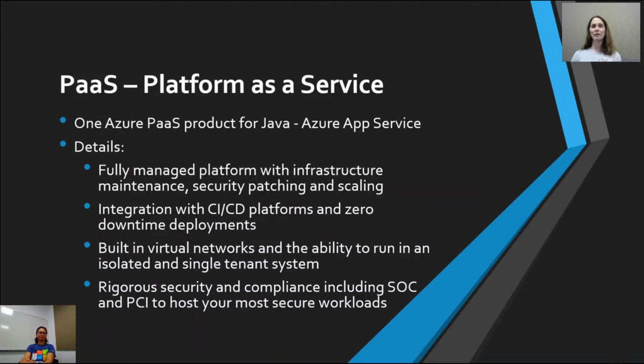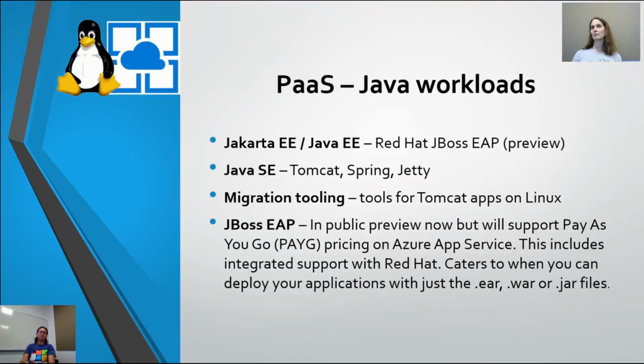So with that said, Theresa, why don't you talk a little bit about some of the Java workloads you can host at least in Azure App Service, and we can go from there. Sure. So some of the applications you can run are Jakarta and Java EE. As we know today, a lot of the workloads are probably still running on the Java EE spec. If, however, you're a little bit more ahead of the game and on Jakarta EE, such as the Red Hat JBoss EAP, which supports both implementations, you can run it on App Service. The other type of workload is Java SE, which you might know as Tomcat, Spring, or Jetty. You can also run plain old Java object apps.